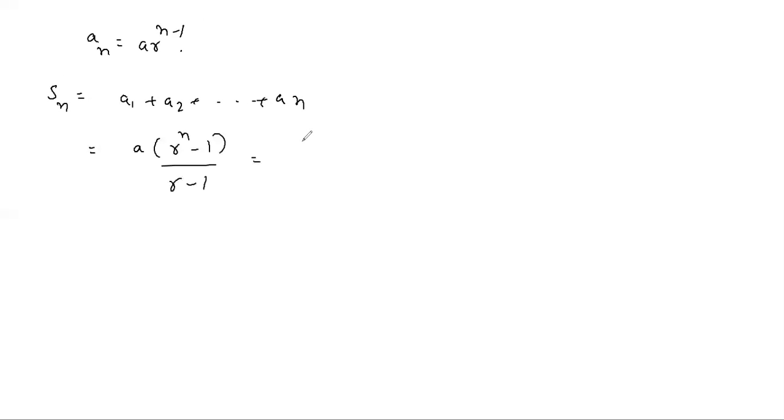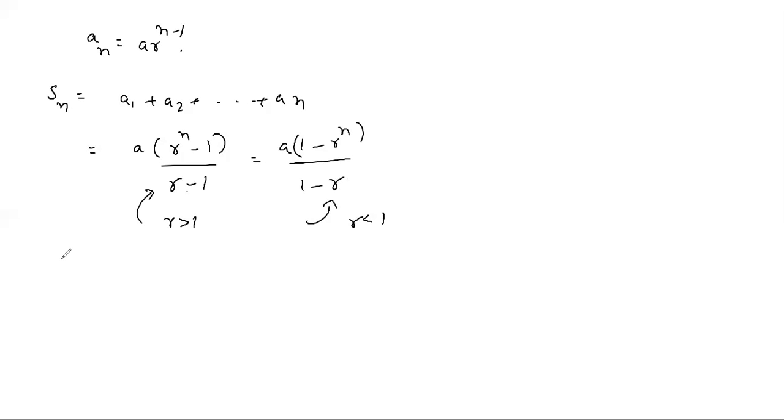To find this sum of n terms, we use this formula: A into R power n minus 1 by R minus 1, or by multiplying with minus, A into 1 minus R power n by 1 minus R, you can also do. Both are equal actually, but if the common ratio R is greater than 1, we use the first formula. If the common ratio is less than 1, we use the second formula, to avoid one more step, because if you use the first formula for R less than 1, you will get a negative denominator, so again you have to simplify. That's why we use this one for R greater than 1 and that one for R less than 1, but both are equal. This is the sum of n terms of GP.